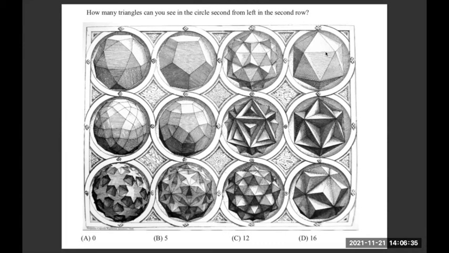Many Archimedean solids, such as this figure which you're seeing here, might be a combination of squares, triangles, and pentagons. Many Archimedean solids, which you're seeing here on the top right corner, might be just a composition of triangles. That's possible. So what you should do is remember how many surfaces there are, and how many triangles, how many squares, how many pentagons. All those things you should remember. Just browse through the different types of Archimedean solids and get yourself familiarized with them.